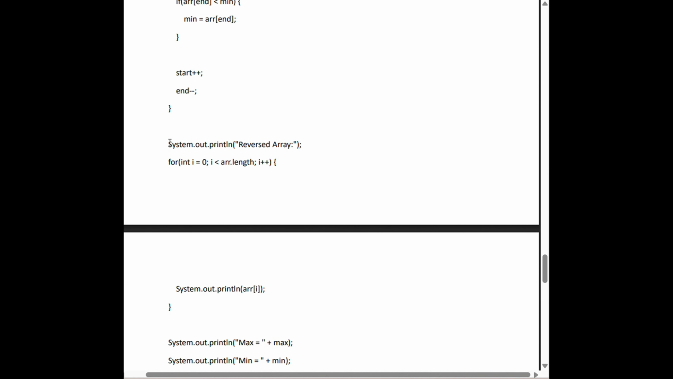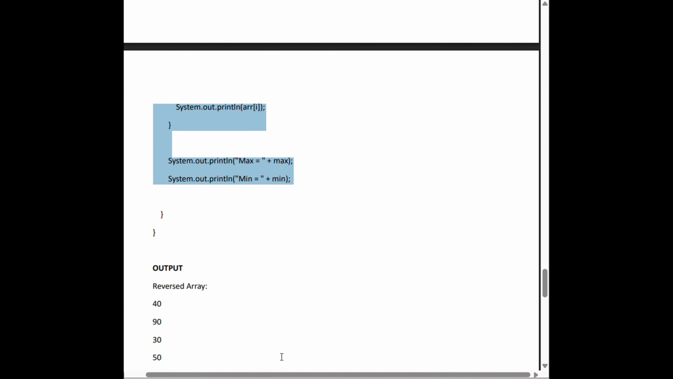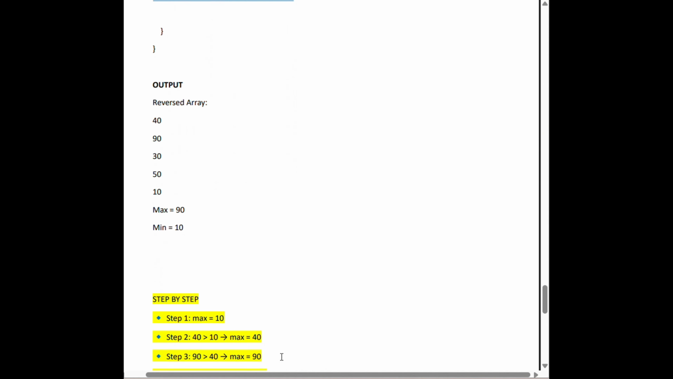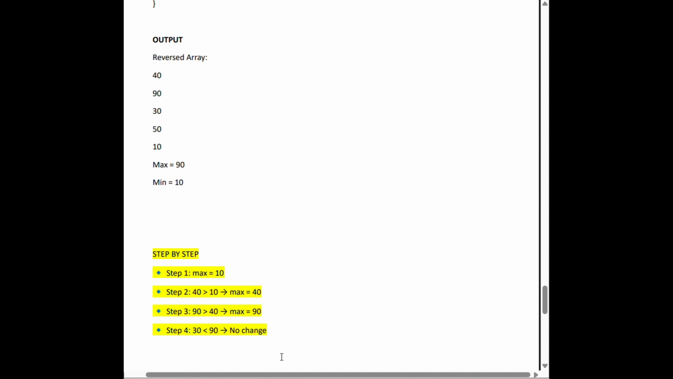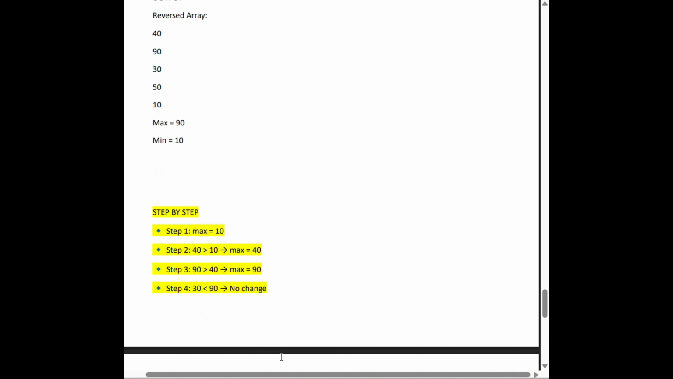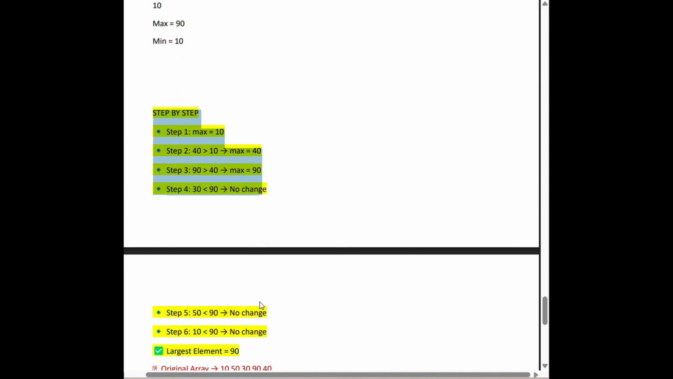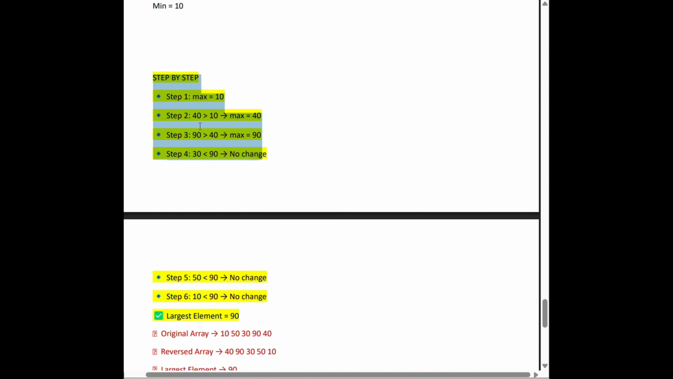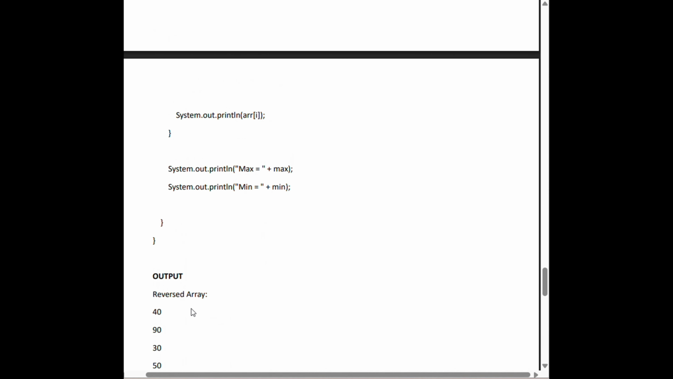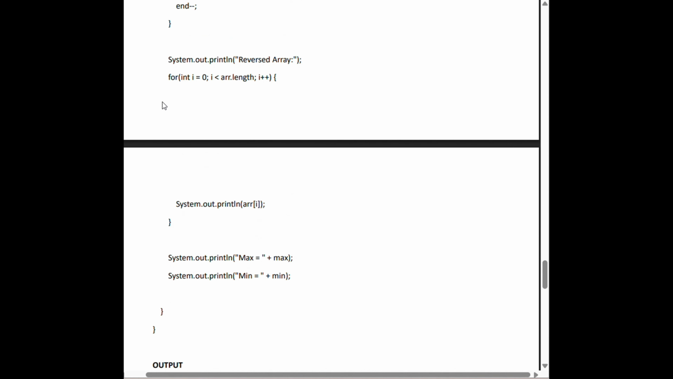And it prints the results: the reversed array and the maximum and minimum values. So this is a Java program to reverse an array and also find the maximum and minimum elements. We declare an array with values 10, 50, 30, 90 and 40 and we initialize two variables max and min and assign them the first element of the array, and then we use 2 pointers start and end to access the array from both sides and we use a while loop that runs until start is less than or equal